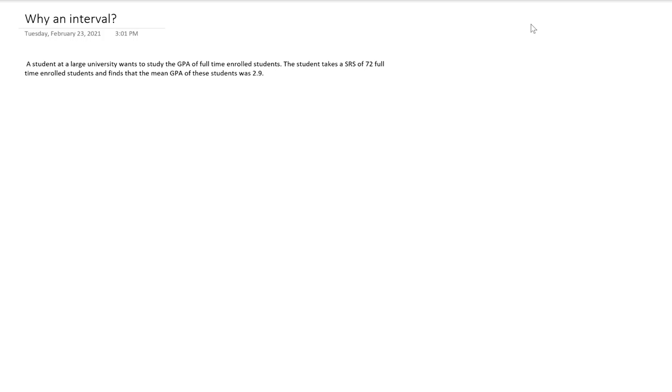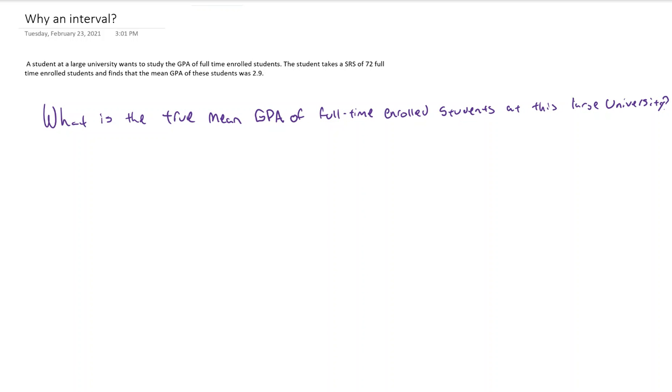A student at a large university wants to study the GPA of full-time enrolled students. This student takes a simple random sample of 72 full-time enrolled students and finds that the mean GPA of these students was 2.9. So the question, based on what we've recorded here, that this student must be wanting to answer is, what is the true mean GPA of full-time enrolled students at this large university? So he's interested in learning about this parameter, and we denote that with mu because it's the population mean, the true mean